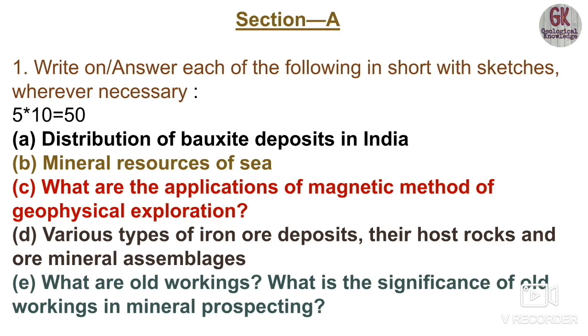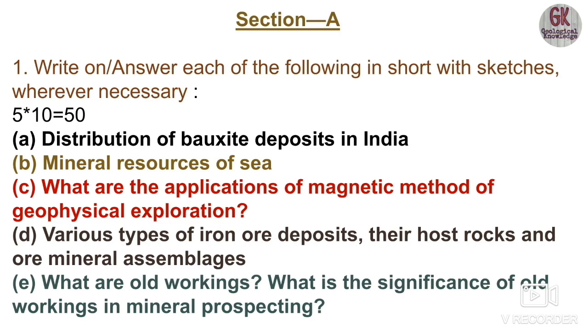As you know, most of the Indian bauxite deposits are of blanket type. That is also a very important question for the objective geology or the preliminary exams: most of the Indian bauxite deposits, wherever they occur, are blanket type. As we have discussed, blanket type means deposits which occur at or near the surface. Interstratified bedded deposits lie on erosional unconformities, and the pocket type occupy the solution or the erosional depressions.